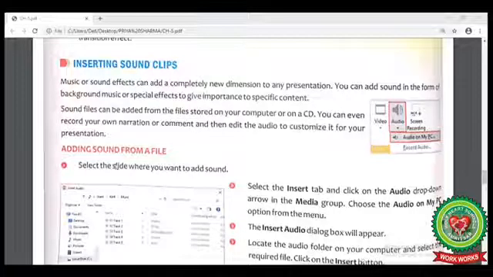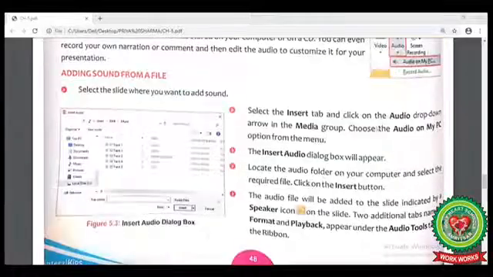Here are the steps to add sound from a file. First of all, we have to select the slide on which we want to insert sound. Then click on Insert tab. Afterwards, click on Audio drop-down arrow from the media group. You will get the option Audio on my PC.